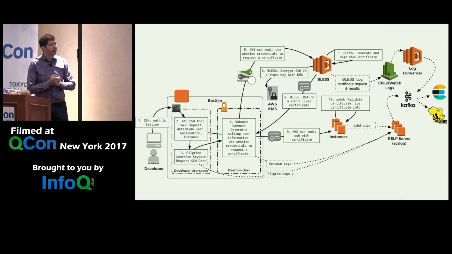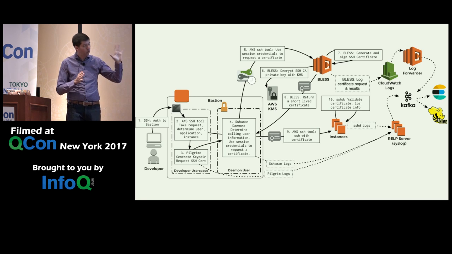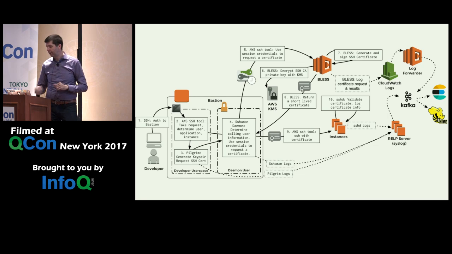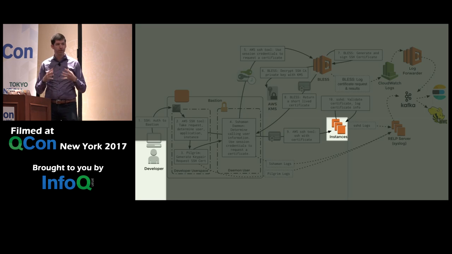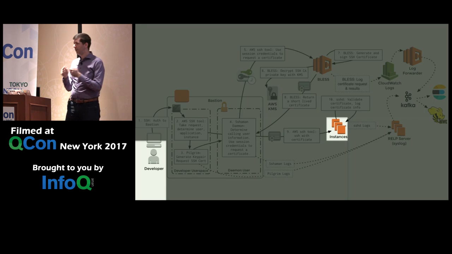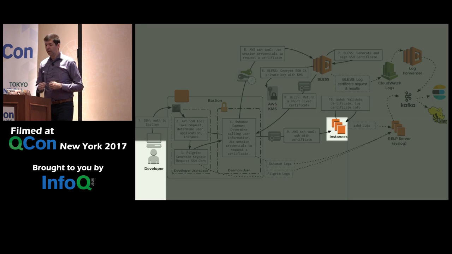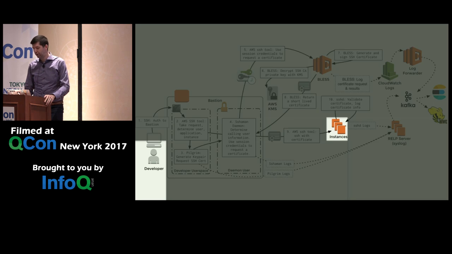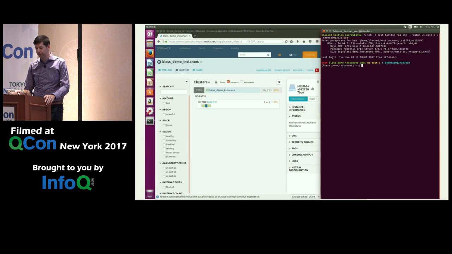All right, so back to our picture here. This is the whole ecosystem. For the first demo, I want to cover just a couple pieces. So this is the user experience around it. This is how a developer experiences Bless going to their instances. Or, as you'll see in a moment, they basically don't have to experience too much of it at all. All right, so we start.